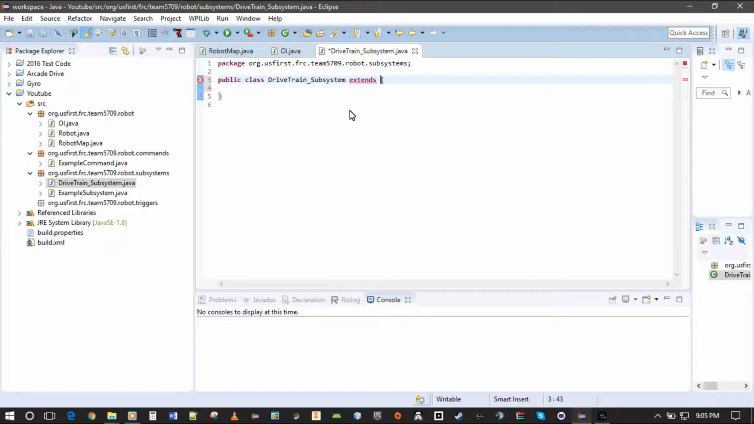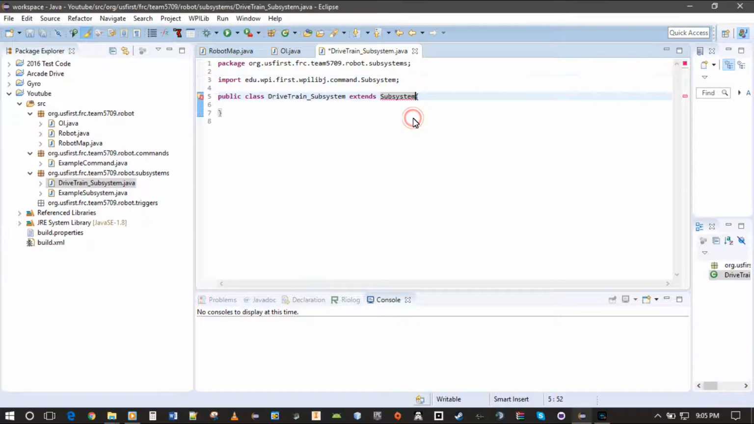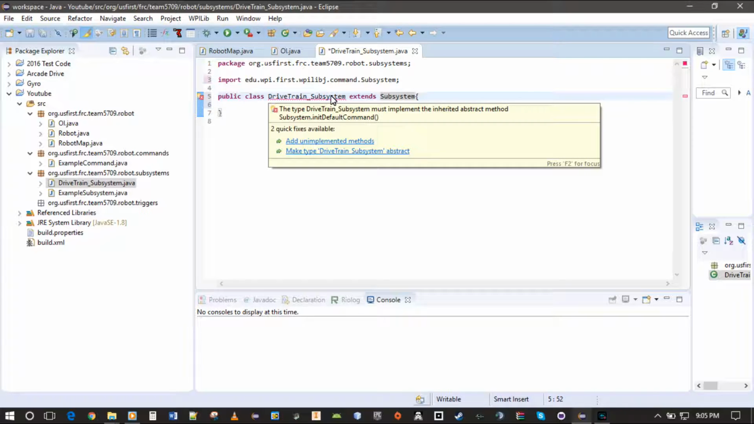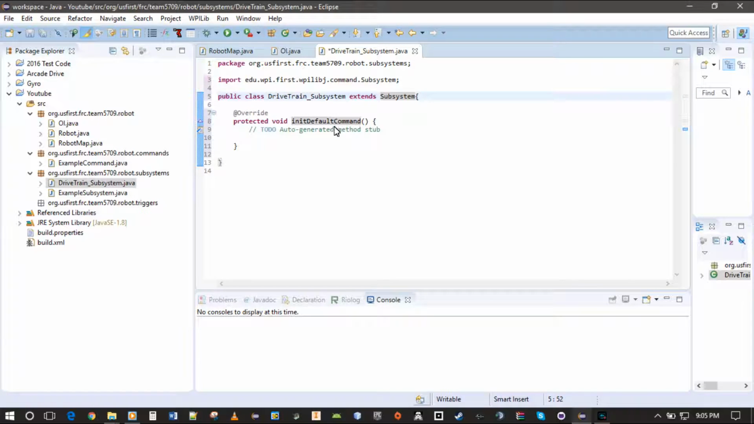You're going to do extends subsystem. Now if you do this right, the subsystem should become an error, and when you highlight it, it should say import subsystem. Now when it does that, it's going to say your name of your public class is wrong, and you're just going to do the same thing, but instead you're going to click that one. I'm not even going to attempt to say that. And then